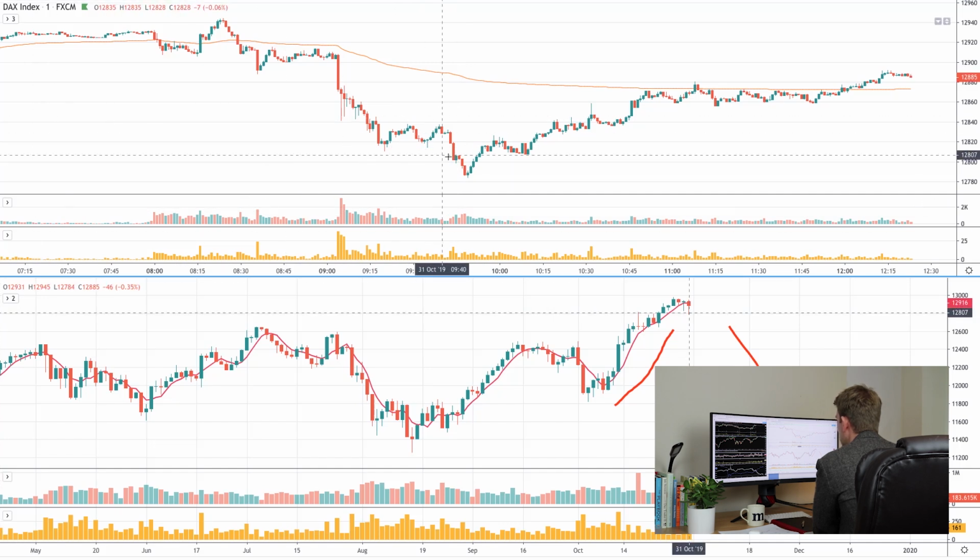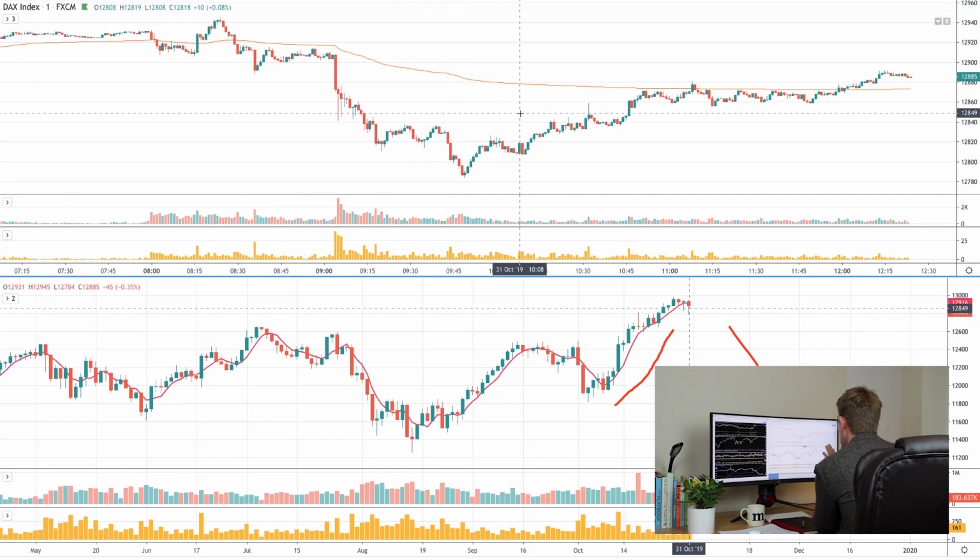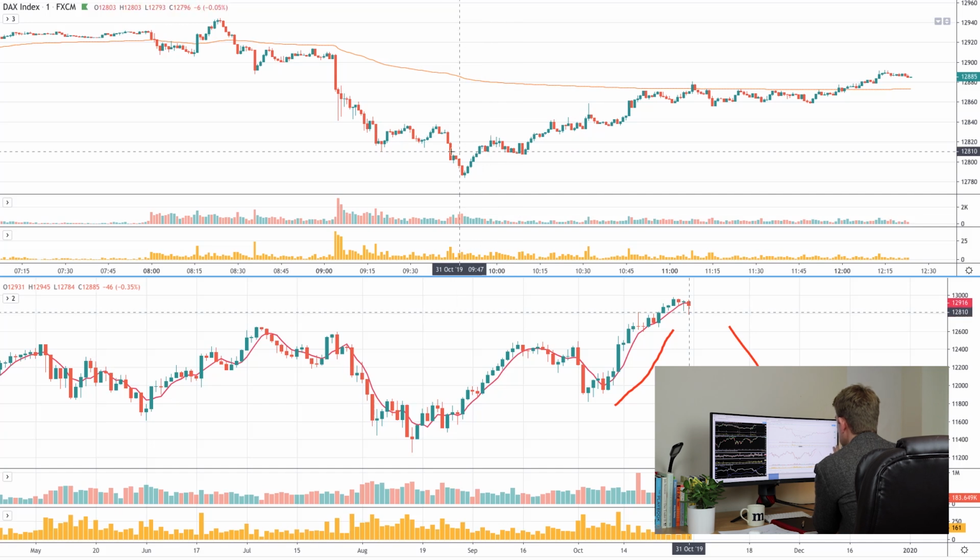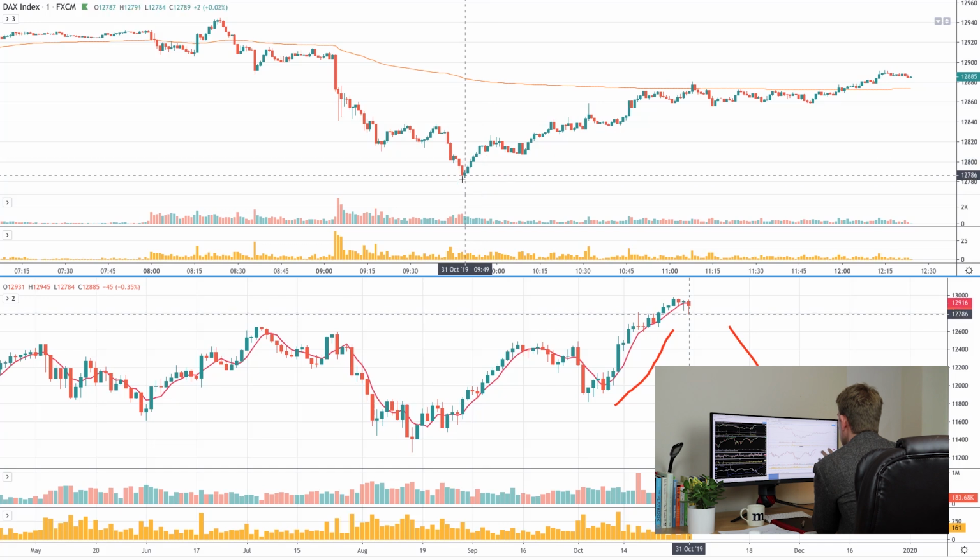So that's one thing. In this case, you would have been stopped on that. However, if you want to still look and say, well, listen, is this going to fall through the floor or not? Out of nowhere, we get a reversal. Now, this looks hard to pinpoint to me. You don't have the big volume bar. You don't have the big ATR move. You don't have much that says this is a low. And it starts to put in a decent move.